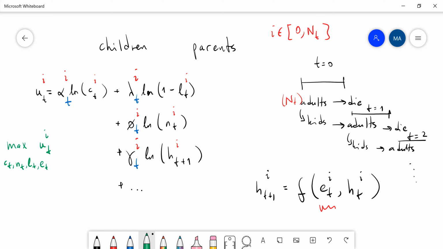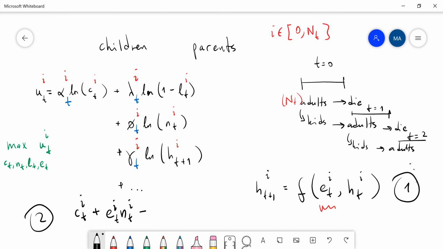So it turns out that with some budget constraint, of course, right? So this is one constraint. And the second constraint here is some sort of a budget constraint, right? So there will be consumption for each kid. There is education spending. For each kid, there is a cost of raising those kids. And this will depend on the income, right? So income could have other resources that are exogenous and there could be even other stuff, right?